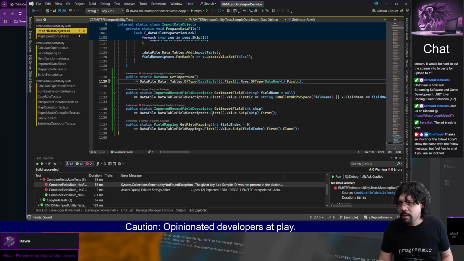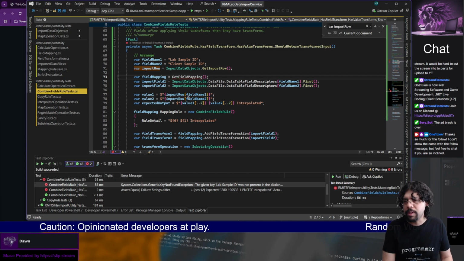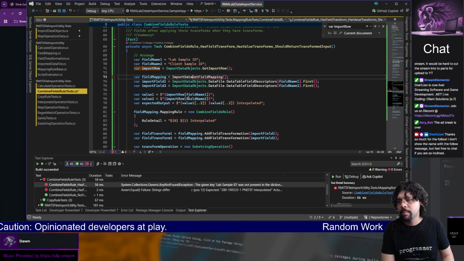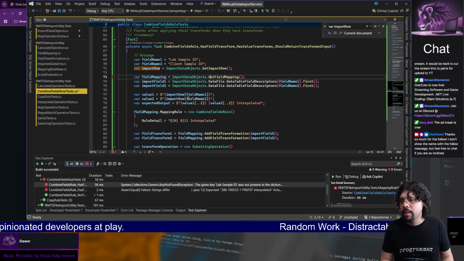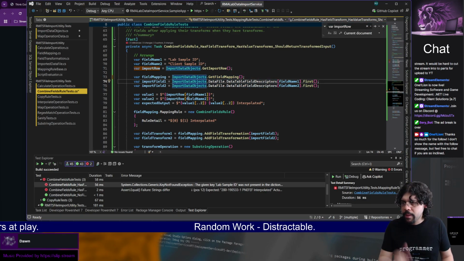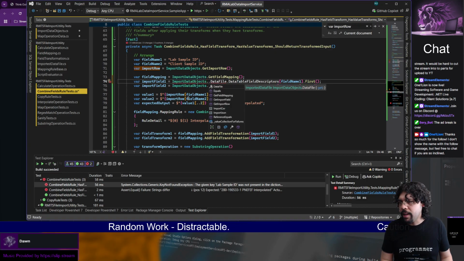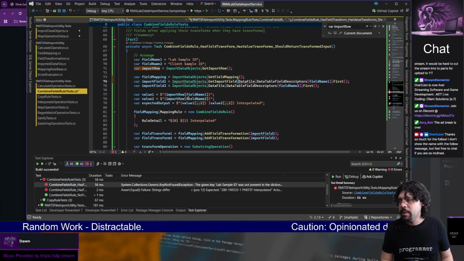Okay, so there's those. You are now in import data objects dot. Okay, and dot get import field